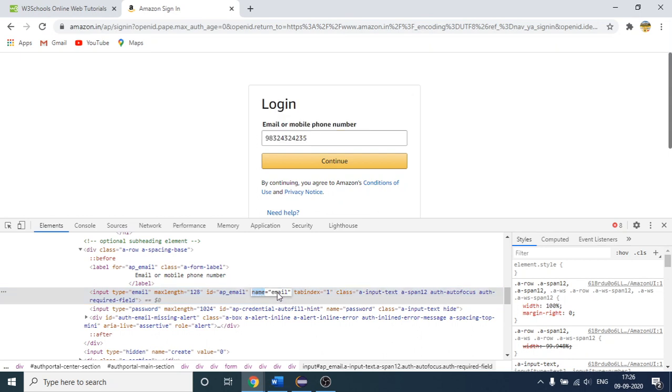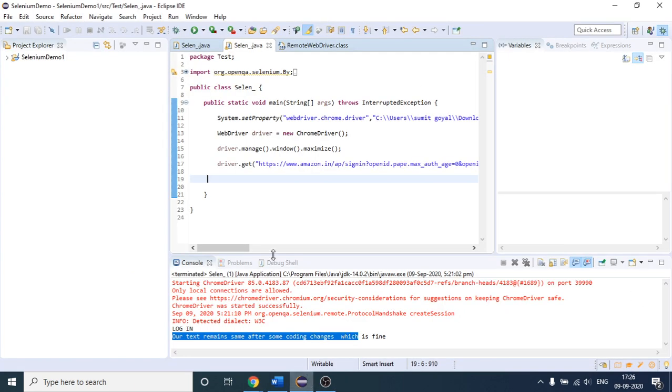So using this as well, you can insert this number in this text box. Okay, so I will show you quickly. It is very simple. First of all, I will copy the value of this name attribute. Name is an attribute, so I will click this, I will copy this email. I think it is email. Oh, yes. So I will go here and I will simply write.